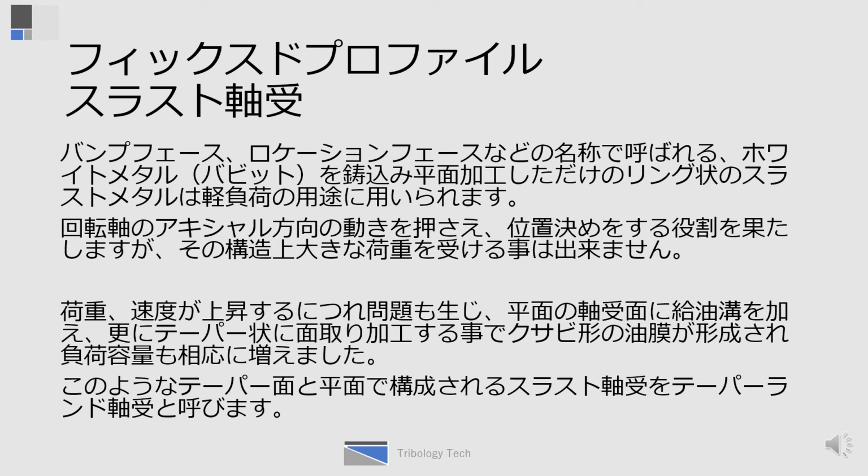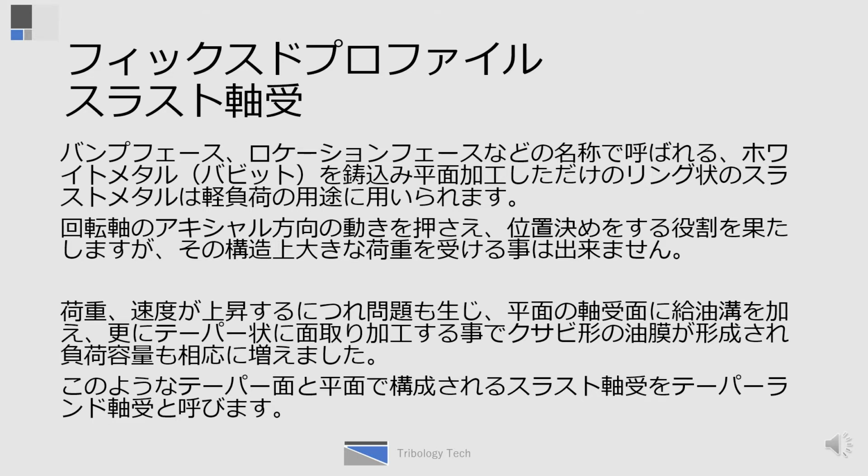Fixed profile thrust bearing. A ring-shaped thrust metal, which is called a location face and/or bump face, is made by casting white metal babbitt only on the shell and machining it flat. It is used for light load applications. It sustains the axial load and acts as a positioning device, but it cannot be subjected to a large load due